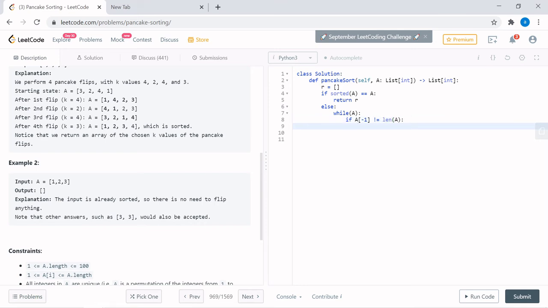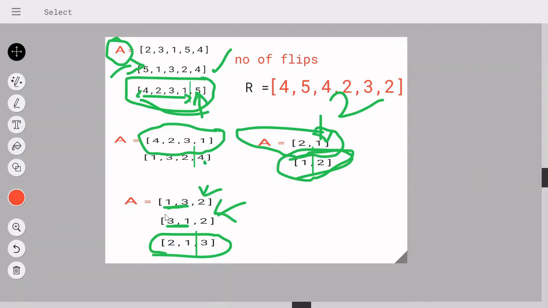So if it's this, the first thing I'm supposed to do is find the index of the largest element. If it's not present in the last position, where is it? So index of the largest number, which is the length of the array.